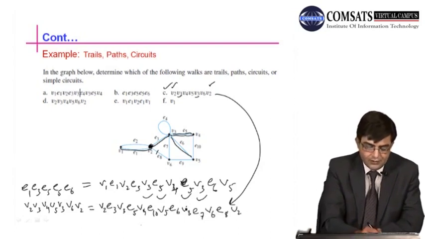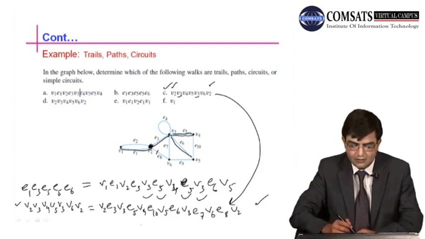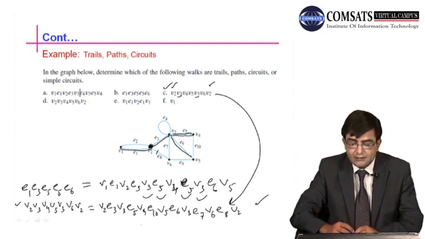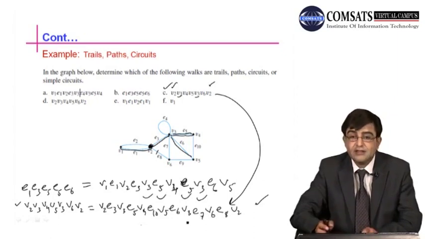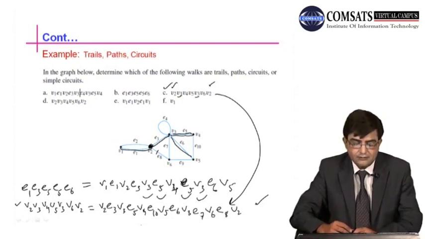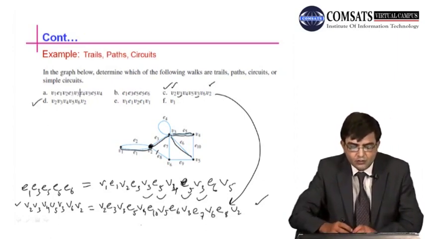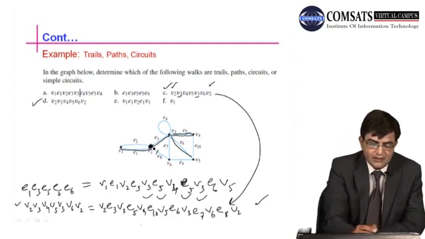So this notation can be written explicitly in the form of an alternating sequence of the vertices and edges like this. So this is basically a circuit, because vertex V3 is repeating here but no edge is repeating here. Therefore it is a circuit. In the D part we have V2, V3. It starts again from V2, V3, it goes here, then to V4, then to V5, then to V6, then to V2 again. So this can be written as